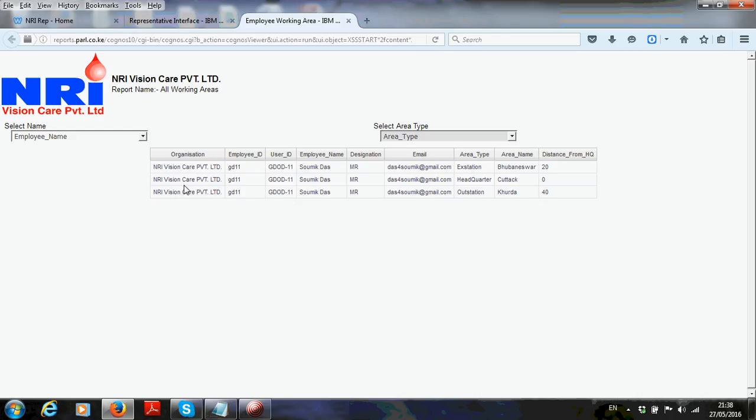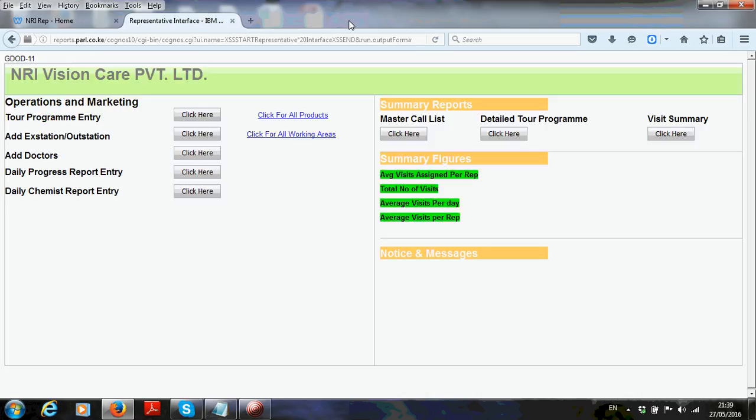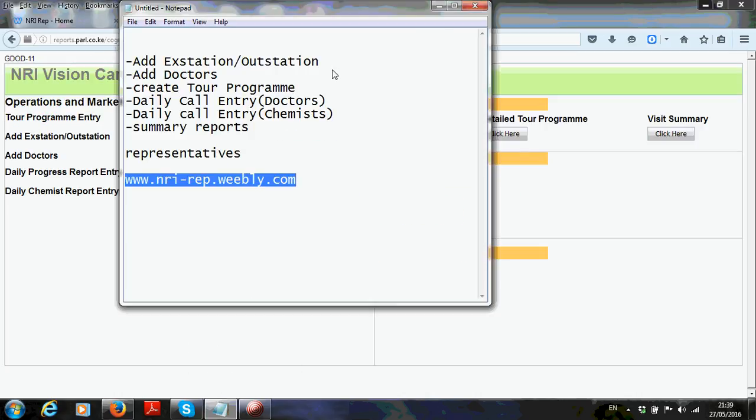Now if you see, my headquarters is Cuttack, so the distance is 0. My extension is Bhubaneswar, and as I filled in the distance it's 20, and my outstation is Khordha and it's 40. So the first topic is cleared. So how to add extension and outstation.